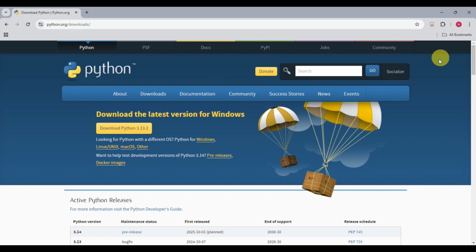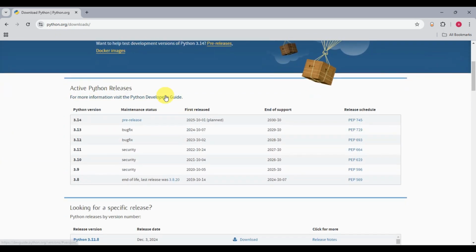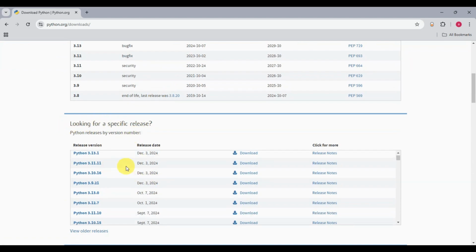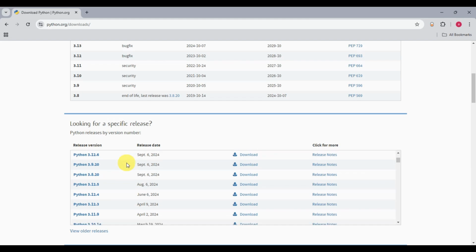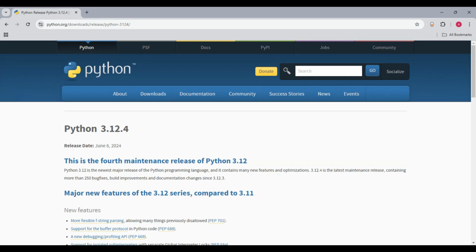This is where you could see all of the releases from Python. If you scroll down, we have the active releases here. And if you're looking for a specific release, we have it here. Just simply scroll until you find 3.12.4. So we have that here. Let's click on that. Before installing 3.12.4, you might need to decide whether to upgrade or downgrade your Python